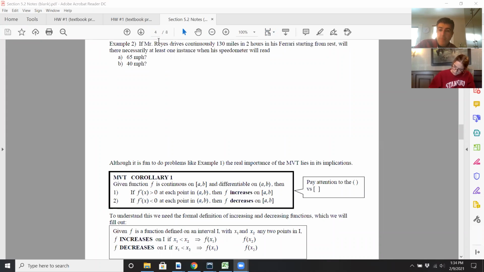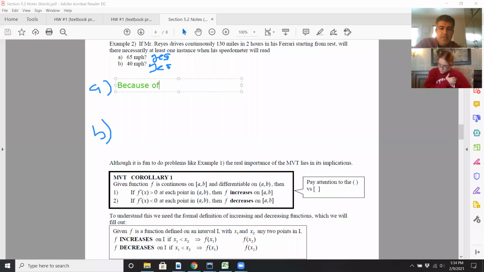Now I'm going to tell you right now the answer for both these is true, or yes. Yes and yes. Now let me give you the reasons why. I'm going to use a text box here. The first reason, and I'll only type it out first, is because of MVT, since the